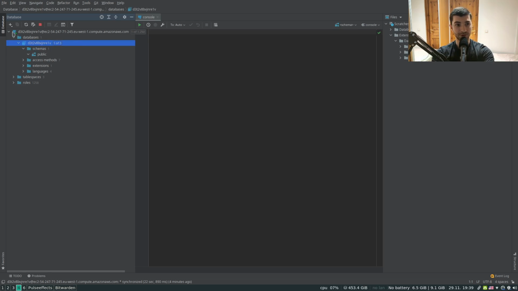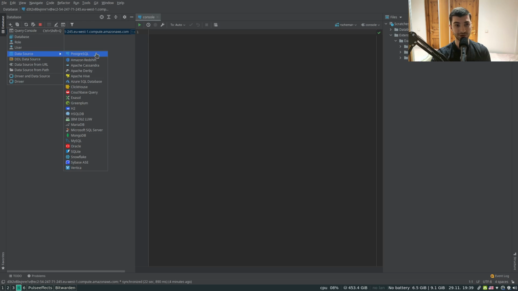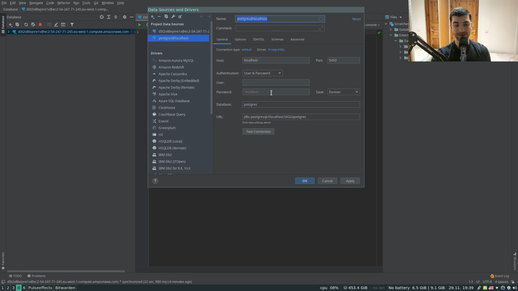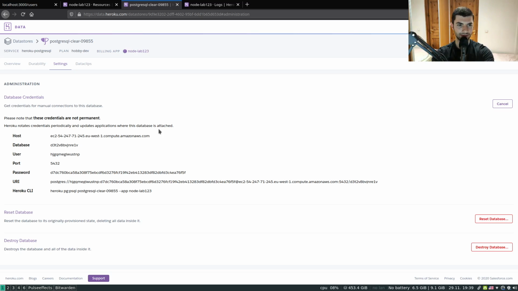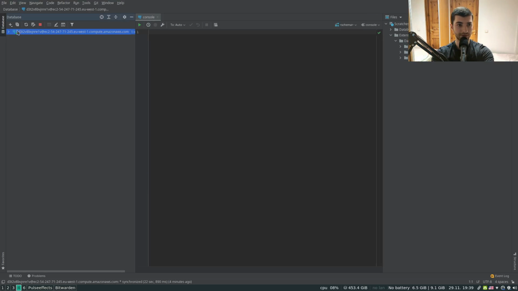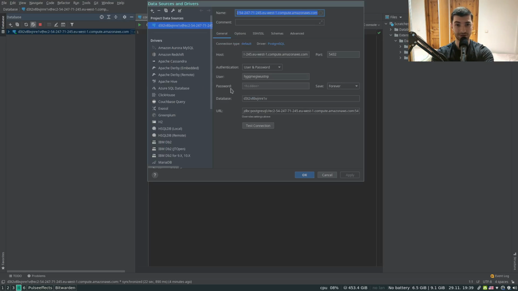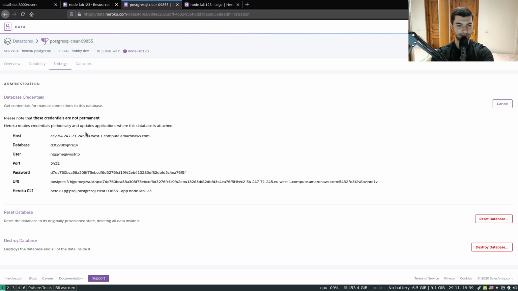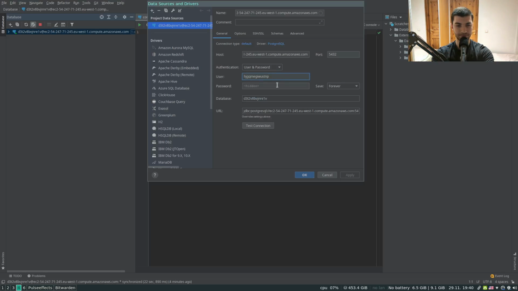Okay, so once you have DataGrip started, in order to connect to the database, you need to click on the plus sign, add the data source, PostgreSQL, and in here basically copy and paste the credentials. Okay, so I already have a connection. I'm gonna go to the settings and show you that basically I've just copy and pasted the credentials